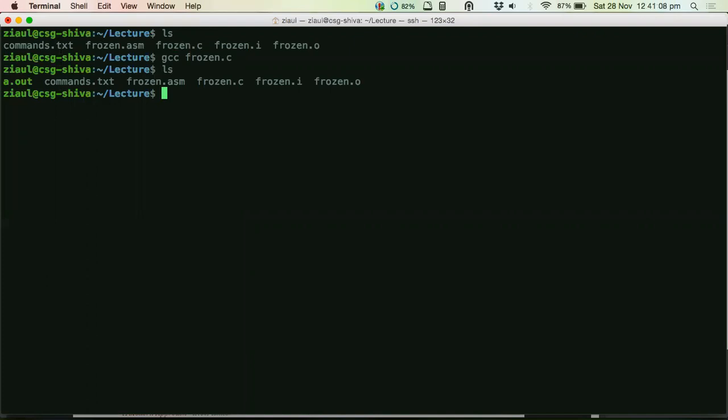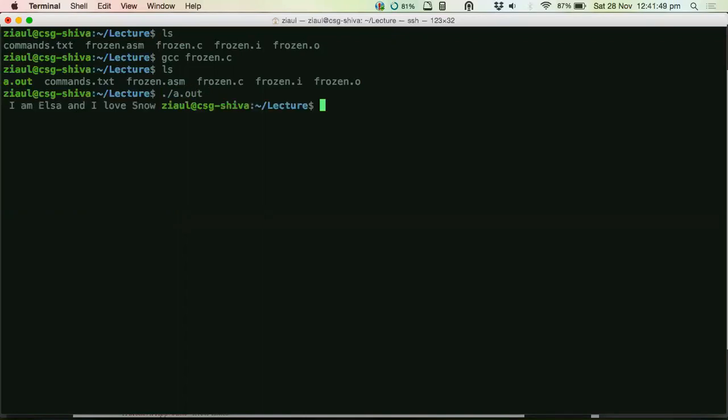A.out. Yeah, a.out. What it means is, whenever I did a compilation, it has created an executable file. By default, if you don't give the compiler the name of the executable file, it will save it as a.out. Just like when you save things in your software, it by default saves as untitled dot something. Similarly in the compiler, if you don't give it a name for the executable, it will save it as a.out. And if you want to run this executable, you just have to say ./a.out and it will run.